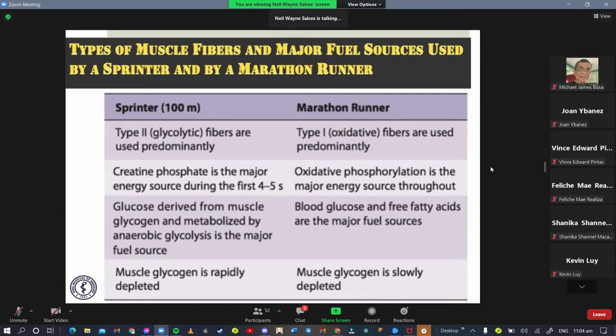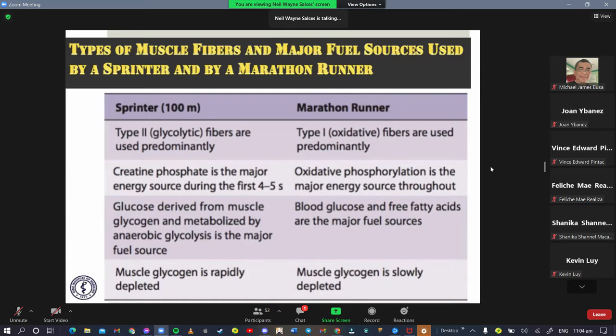In a sprinter, the major source of energy during the first 4 to 5 seconds is creatine phosphate. And the glucose derived from muscle glycogen and metabolized by anaerobic glycolysis is the major